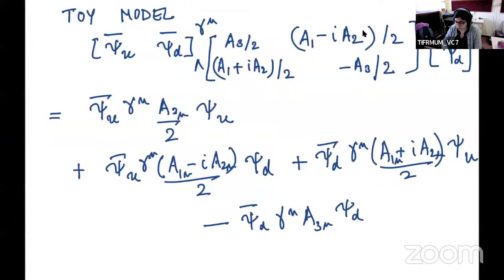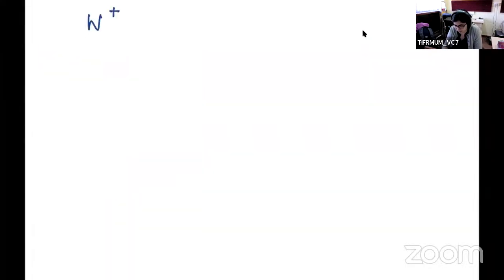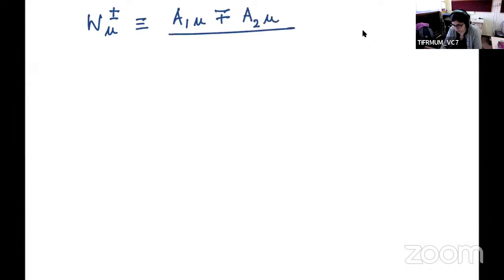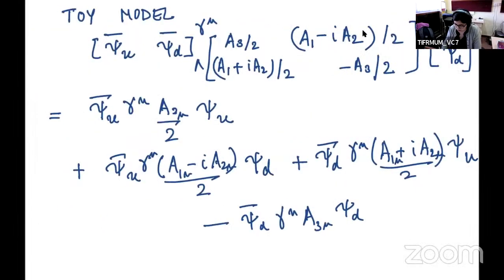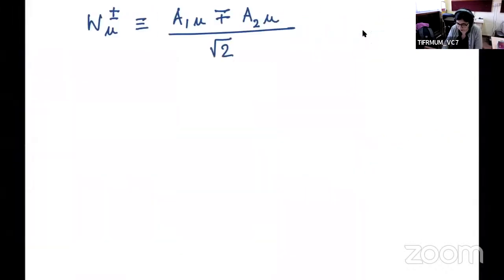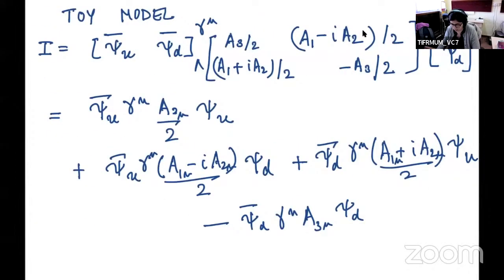And you can redefine by W A1 u minus plus, which is what I'm going to call my W. Okay. So let me just call this term I for interaction term. Okay. So your I now looks like